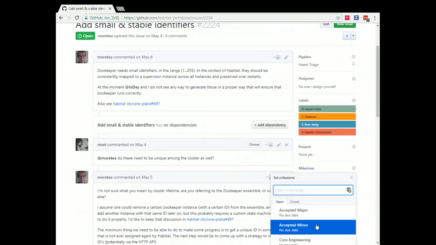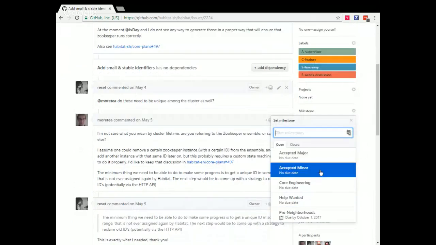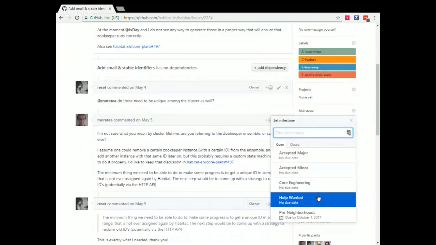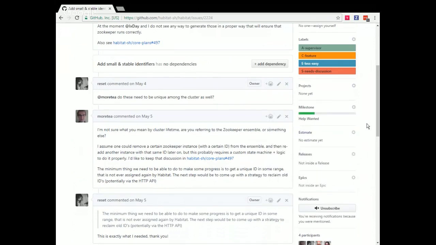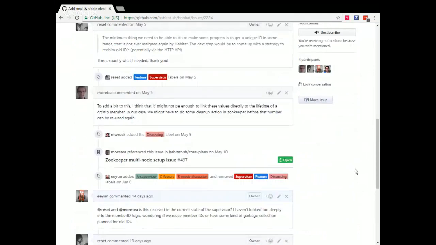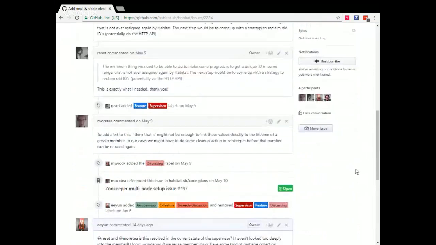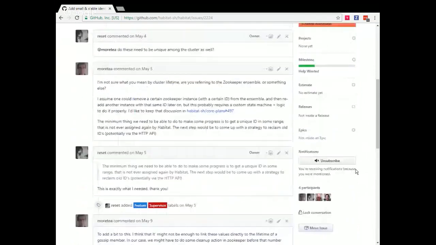I don't imagine that this is something that we might get out of community PRs, but I do think it's something that we should put in help wanted for now, as if somebody were to solve this problem, we'd definitely accept it, but I don't see this getting prioritized in the immediate.